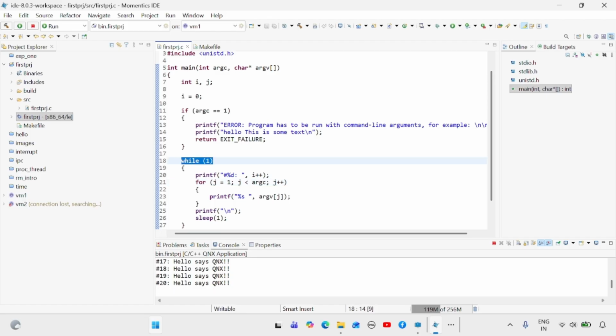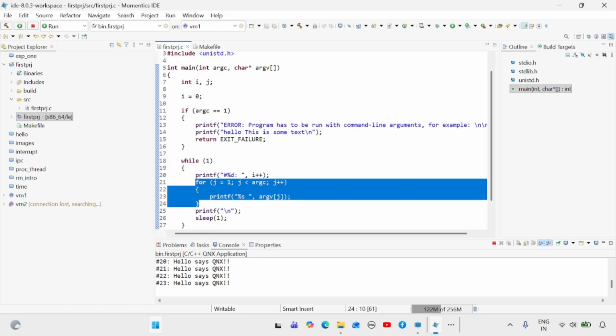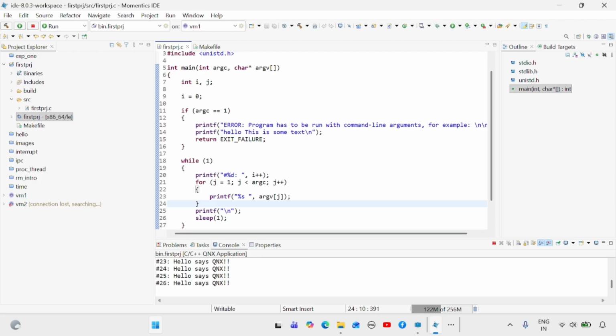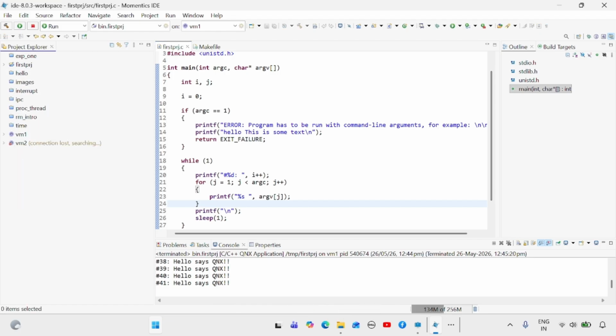Since it is placed inside a while loop, while of one loop, for every iteration of this for loop I can see my message being printed. Okay, since the main process is running, to stop it from running I will use this stop button. So this is the first experiment where we got a command line argument and printed the same in the console. In the next experiment, we will see the creation and termination of processes